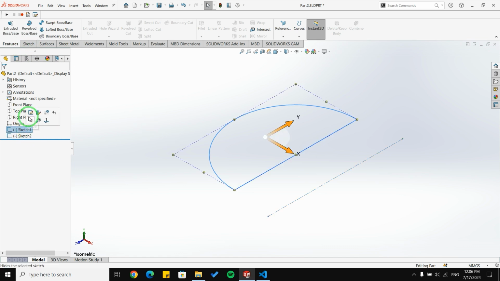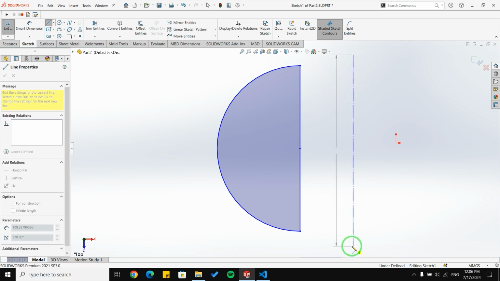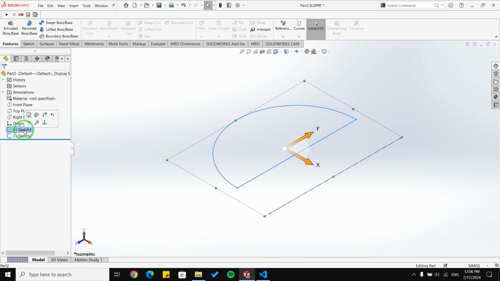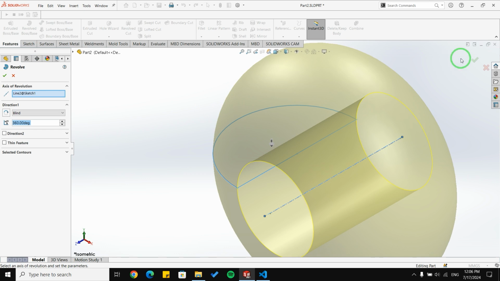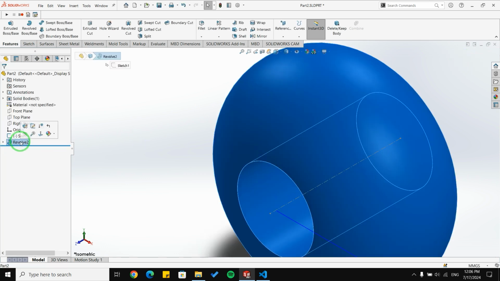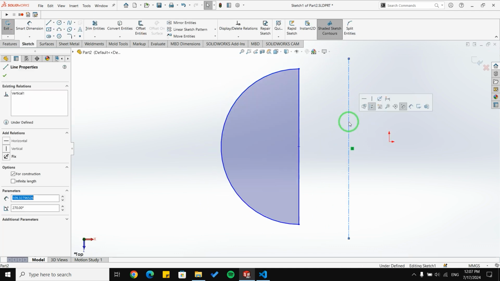Let me try another way. I'm going to create my axis in my first sketch, like this. And let me select my first sketch, which contains my sketch and my axis together. Now I'm able to create a revolve, as you can see. So most of the time, you don't want to create your axis in your first sketch, and you need to create your axis in another sketch like this one. So I'm going to delete this axis here.